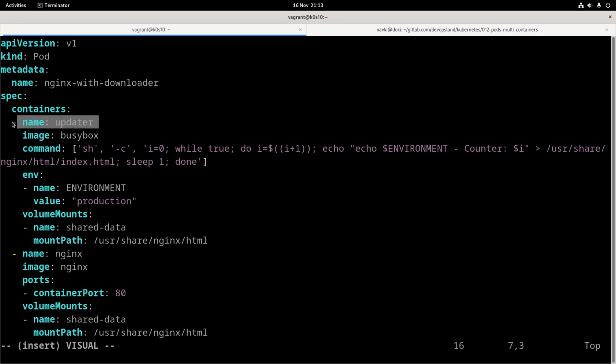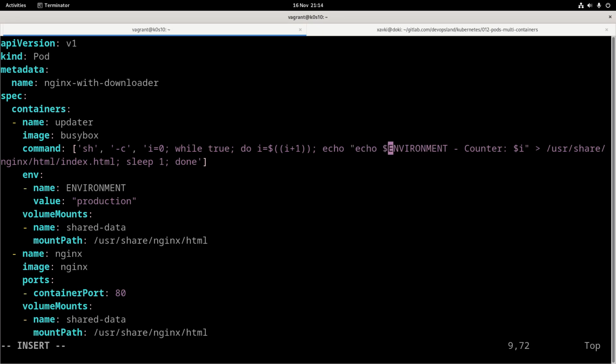The first container here is updater with a basic busybox again, but we change the command. So we run a shell again, but in the shell we want to do a while true, you can see here, and we want to increment the e variable with our bash script, and do an echo on an environment variable. So we have one echo here. We can remove this one.